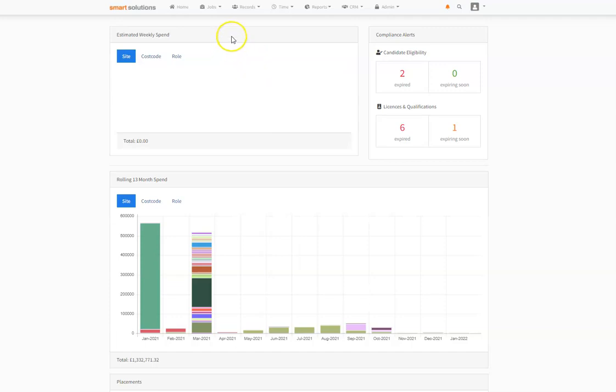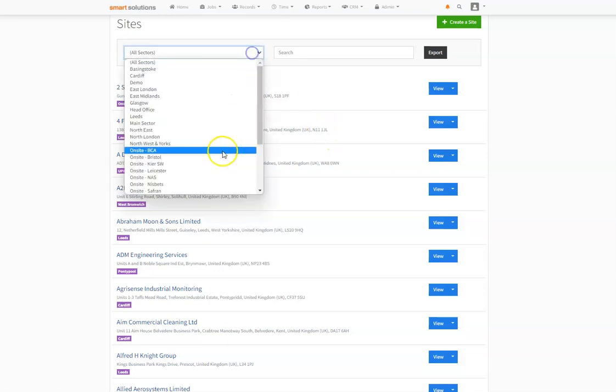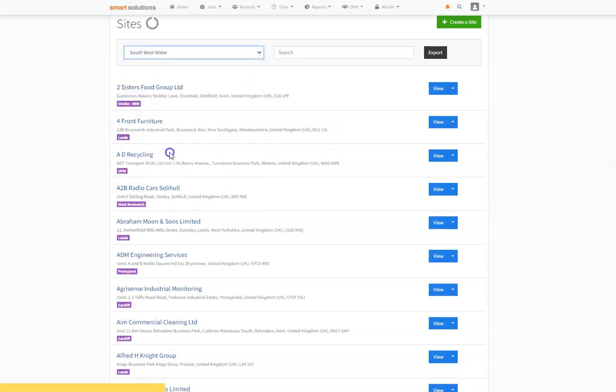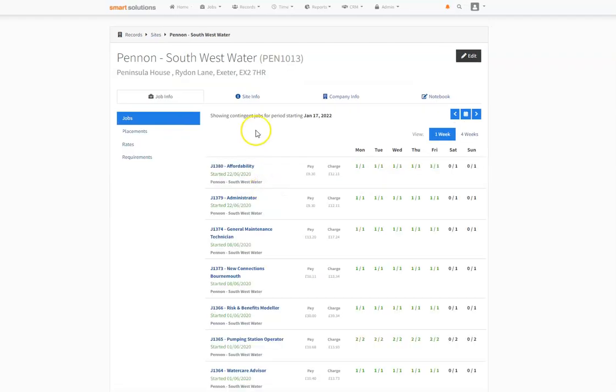But to create the cost code, first of all, click Records, Sites, Manage Sites, and then that'll bring you back the list of all of the sites that you've got access to, right? So obviously you'll probably only have access to this one, so this might well be the only one that appears on your screen. Okay, so what you need to do then is obviously go into Southwest Water, and in this site info tab here